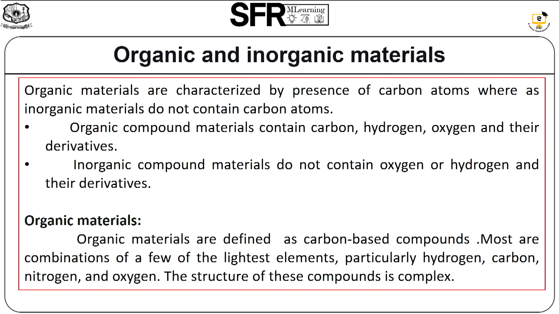These materials are carbon compounds in which carbon is chemically bonded with hydrogen, oxygen and other non-metallic substances. The structure of these compounds is complex. The common organic materials are plastics and synthetic rubbers, which are termed as organic polymers. Other examples of organic materials are wood, many types of waxes and petroleum derivatives.